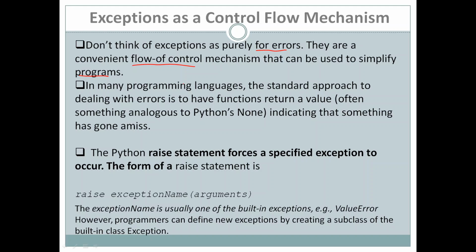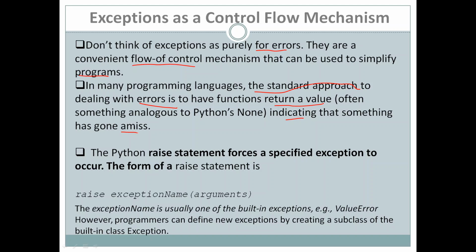In many programming languages, the standard approach to dealing with errors is to have functions return a value indicating that something has gone amiss. That simply means in many programs, in functions, we use some value